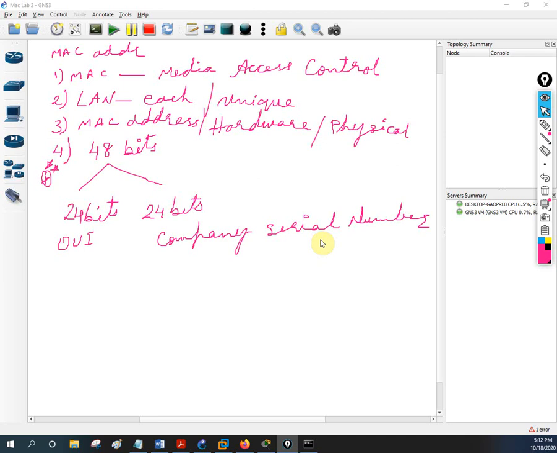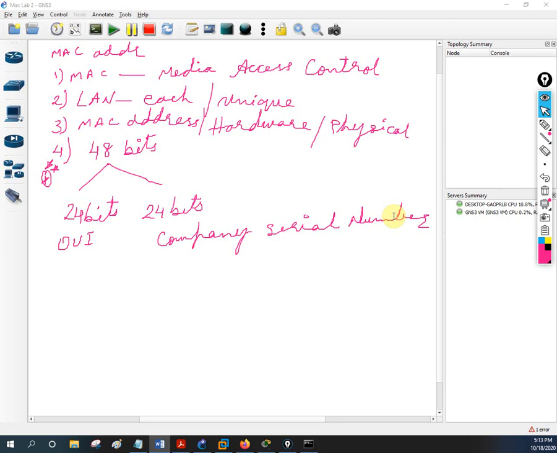It is changing depending upon the different cards, like you have 001, 002, 003, something like that. So what else can we discuss? We can say the MAC address is also known as the hardware address, fixed address or burned-in address. We know this already from the basics. And OUI is nothing but the organizationally unique identifier, this one, and this is the company serial number. So this one is finished.